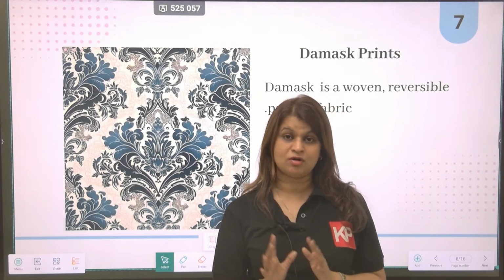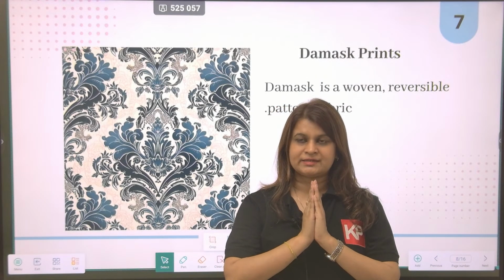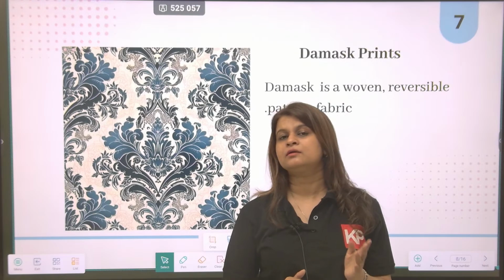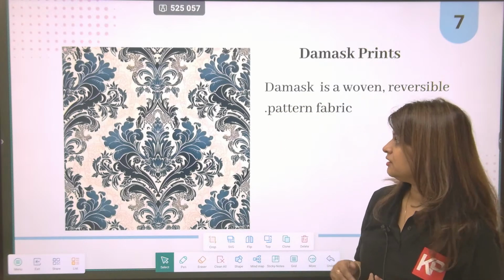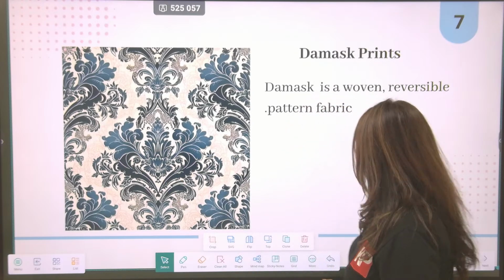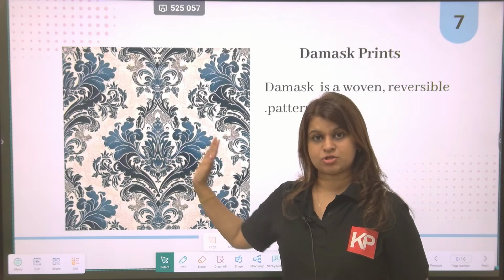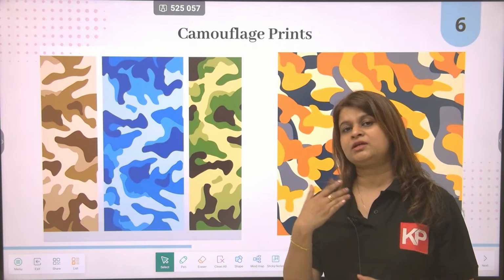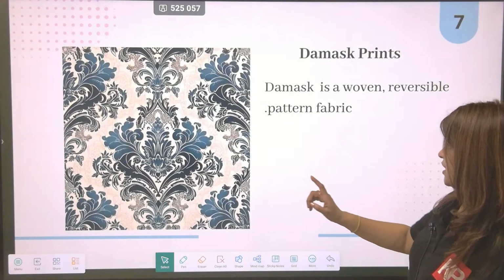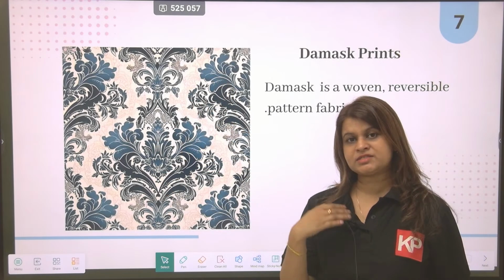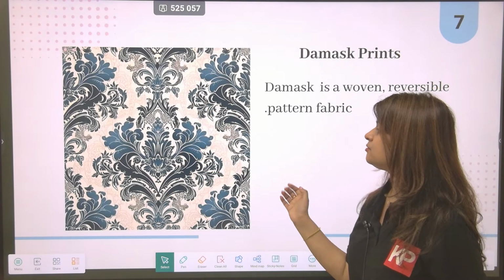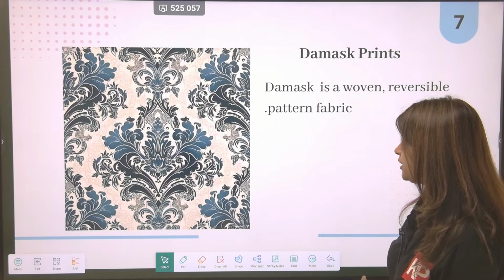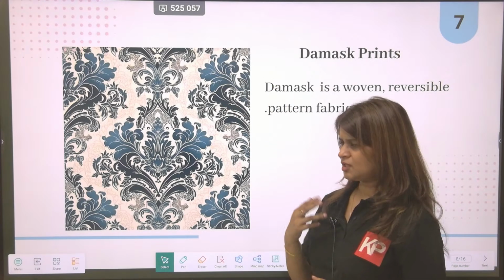This is one of the features of damask that it follows a very very strict pattern, okay, it can be an alternate pattern, it can be a diagonal pattern and they are very symmetrical, okay। so whatever they are completely जैसे mirror image हो रहा है उसी तरीके से अगर हम कैमोफ्लेज को देखेंगे तो nothing is getting mirror imaged over here, it's very random, okay। but unlike camouflage, damask is ornamental, it's Victorian in nature and it's completely in a like a mirror image में इसके motifs होते हैं, okay, and repeat होता है।